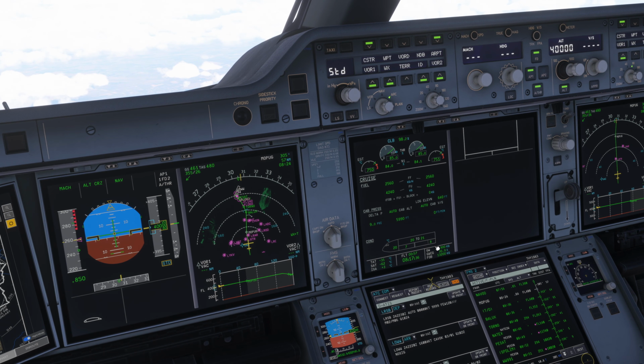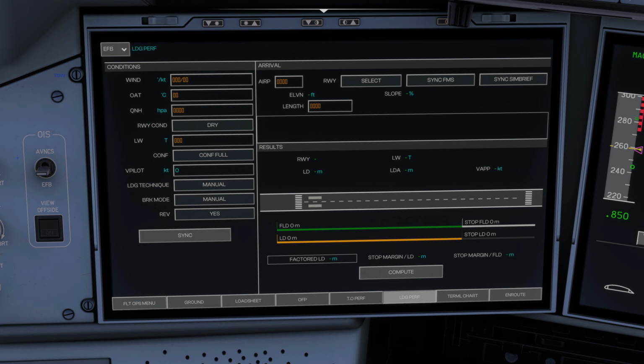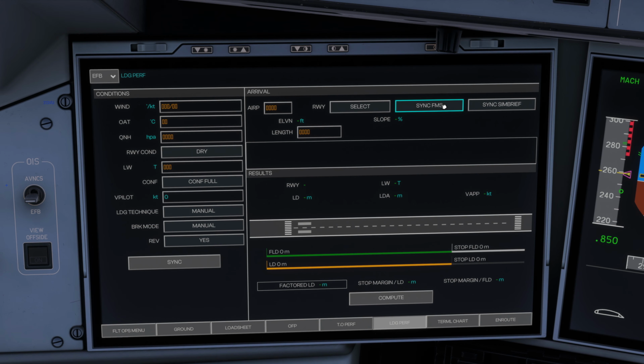All right, so before we go ahead and check anything in the FMS, let's calculate if we can actually land. There is no sense doing all that FMS setup just to find out that you've got to divert and do it again, right? So let's go down here into the landing performance. I'm going to synchronize the FMS over here, which brings in Vienna and runway 34, 3,600 meters available. We can also synchronize the weather, ensure the correct runway condition, so it's dry or wet, which flap setting we are going to use,